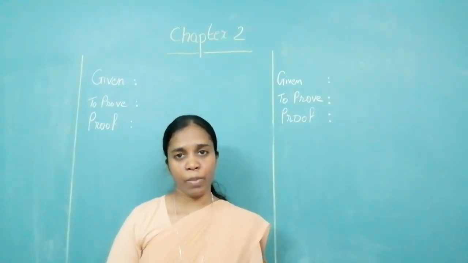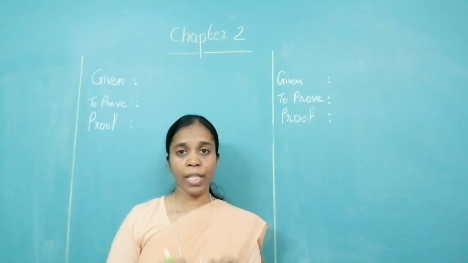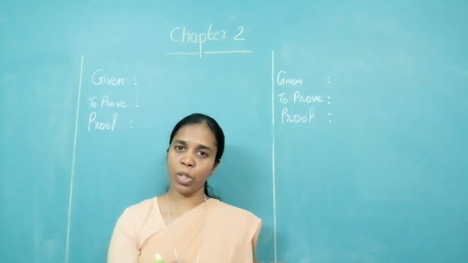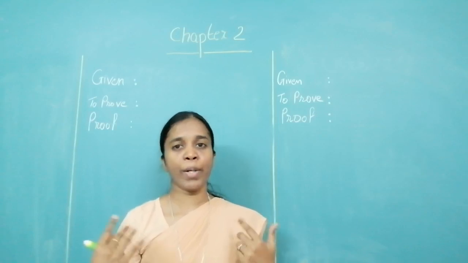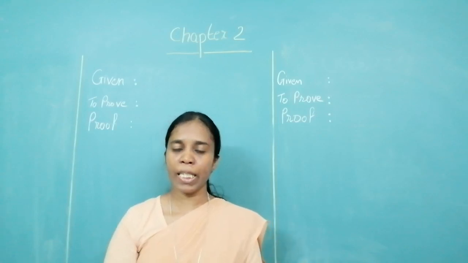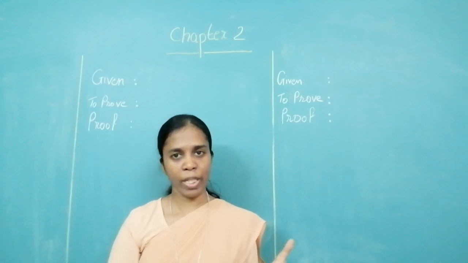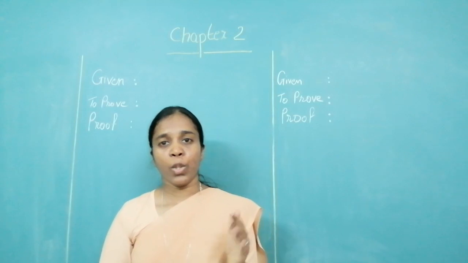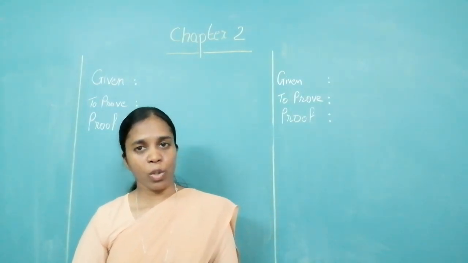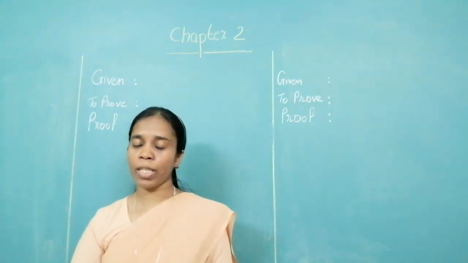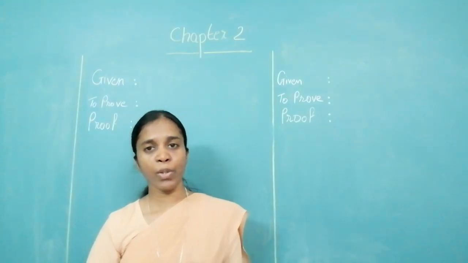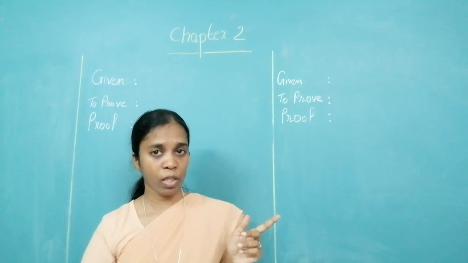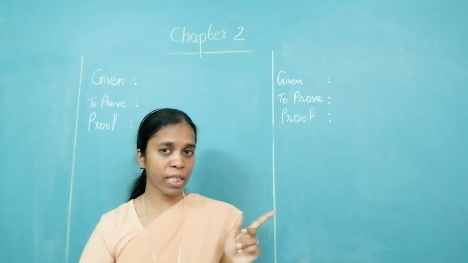We have learned some theorems. Which were the theorems? If the lines are parallel, what is given to you? Lines are parallel. You had to prove that interior angles are supplementary. You have done it. I suppose you remember how you did it. Then you have to prove that corresponding angles are congruent and alternate angles are congruent. How did you do that? Which properties did you use for the first case?